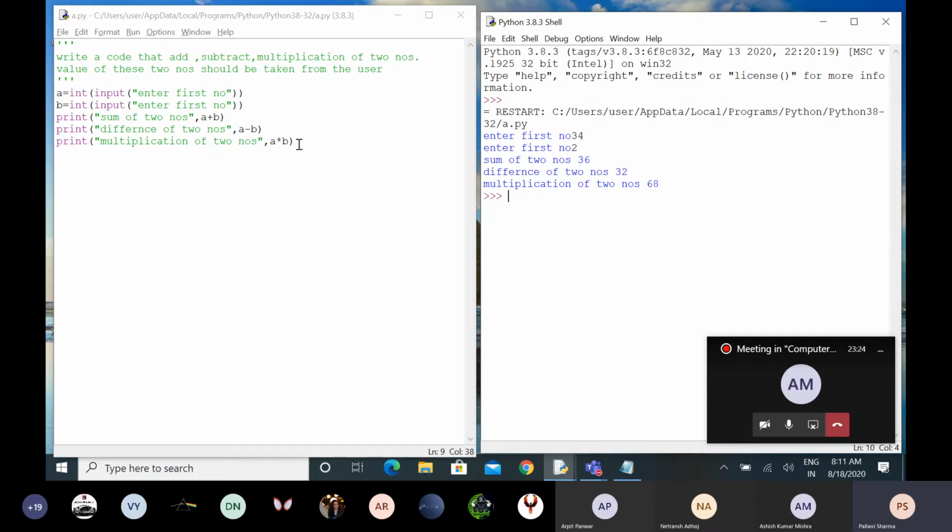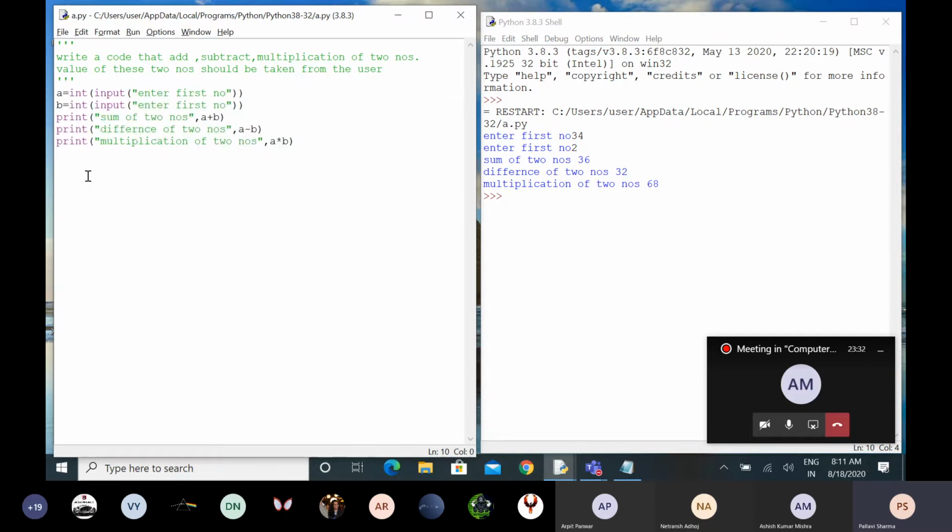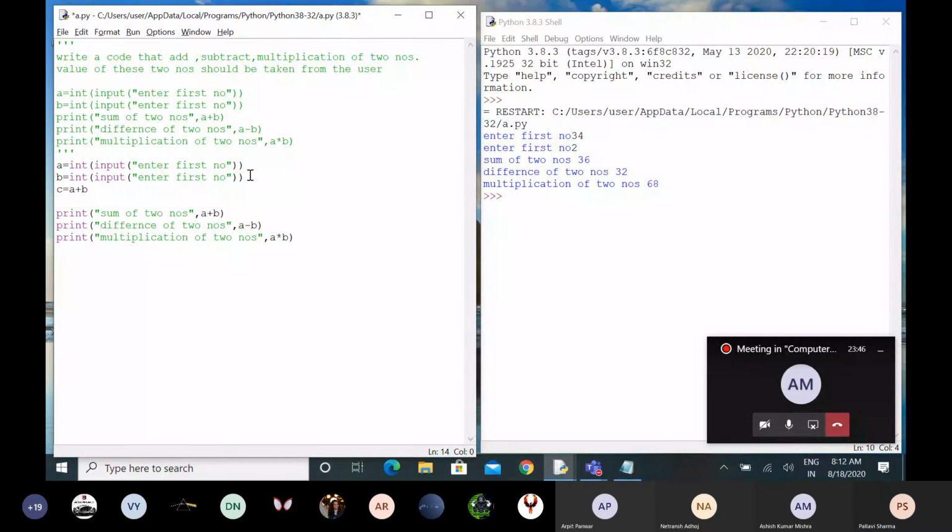Clear? There is another way also that you can use. I'm just making the whole code in the commented form. You can store the result of these two variables in some other variable, and then you can use that variable here.